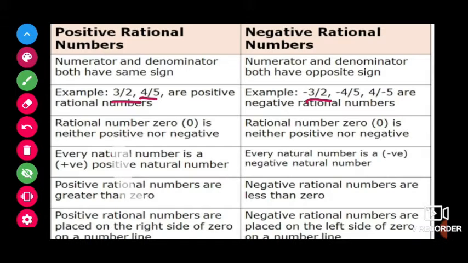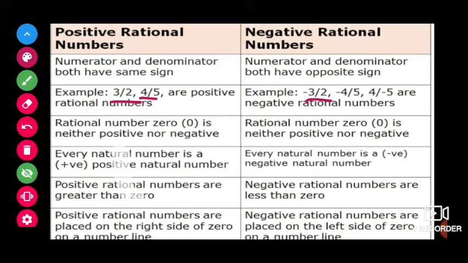It's a neutral number. Also, children, whenever we compare two rational numbers, positive and negative play a big role. What does that mean? As we already know, positive is always greater than negative. A positive rational number is always greater than a negative one, and even than 0. If you have 2 rupees, positive 2 rupees, then compared to someone who has no money, that is zero balance, and someone who has a negative balance, you are greater than both. So positive is greater than negative and zero.